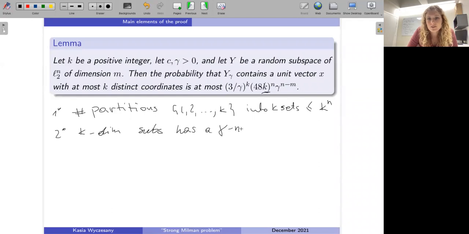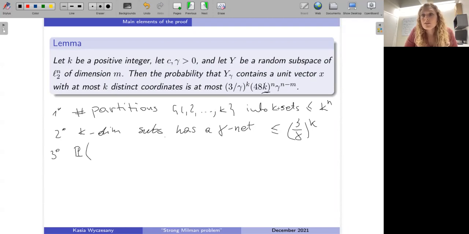a gamma net. So this is the net argument. I hope everybody is familiar with gamma nets. That means that this is a set of points in Y such that every point in Y is at most gamma away from one of the points in the net. A k-dimensional subspace has a gamma net of size at most 3 over gamma to the power k, because it's k-dimensional. This is a standard argument. And now what we can do is to say that the probability that we want, so that the Y gamma